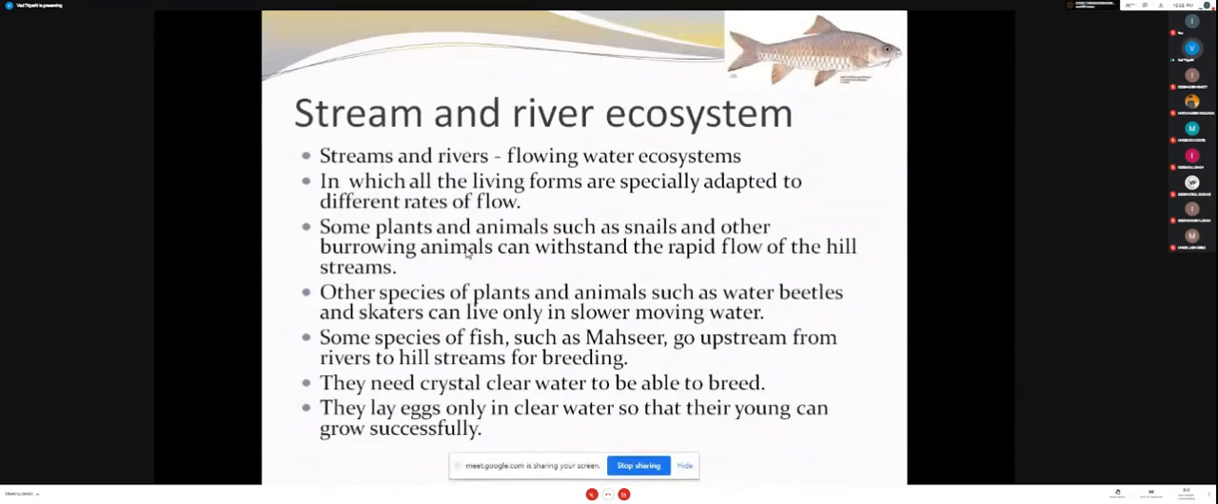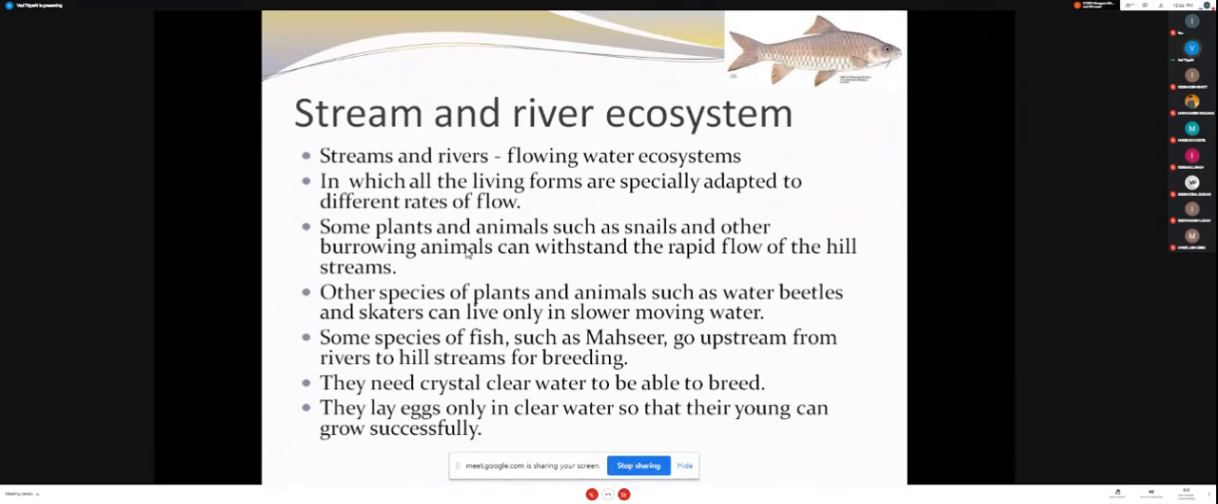Then we have streams and rivers. Streams and rivers are flowing types of aquatic ecosystems in which all the living forms have adapted. In these ecosystems, the living forms have adapted themselves according to the flow rate. Some species of fishes such as mahseer have adapted themselves to go upstream, that is from the planar regions they go upstream to the hilly regions where the flow rate of water is higher, and in